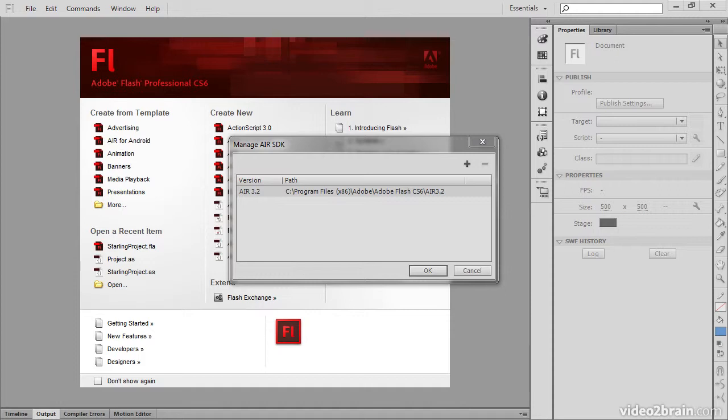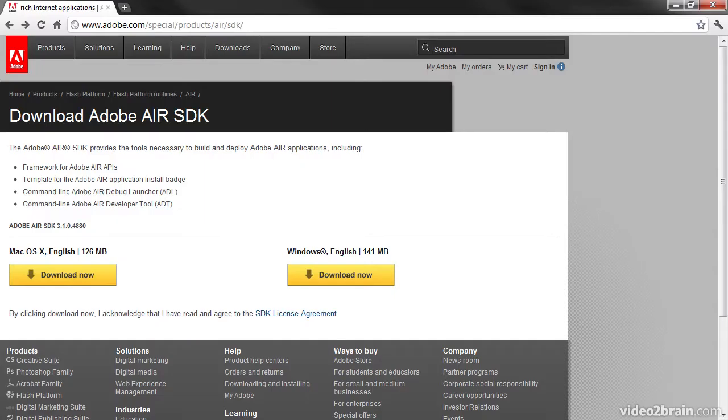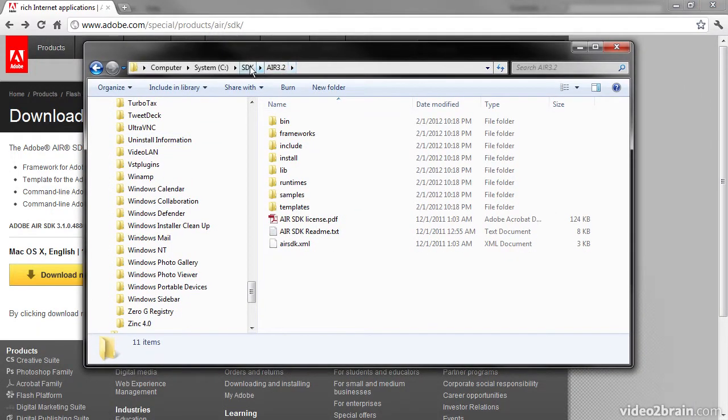In the future, you'll be able to go to adobe.com, and you can see here the URL. It may change with future versions of Air, but right now the URL is adobe.com/special/products/air/SDK. And from here, you can download the Adobe Air SDK with all the different tools and frameworks and so forth. You download that to your local file system using a Mac or Windows machine. And then you just pull all that stuff over into the directory of your choosing,